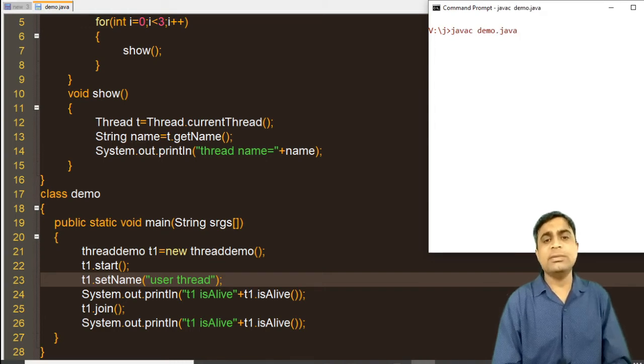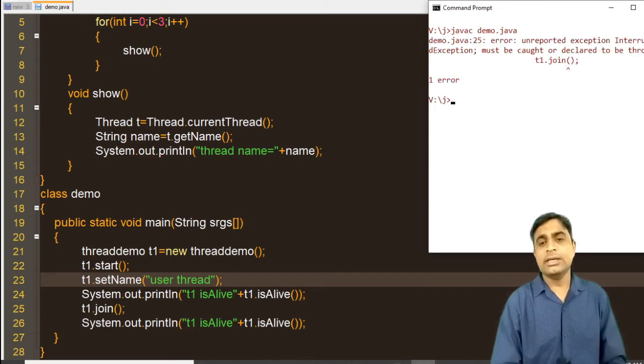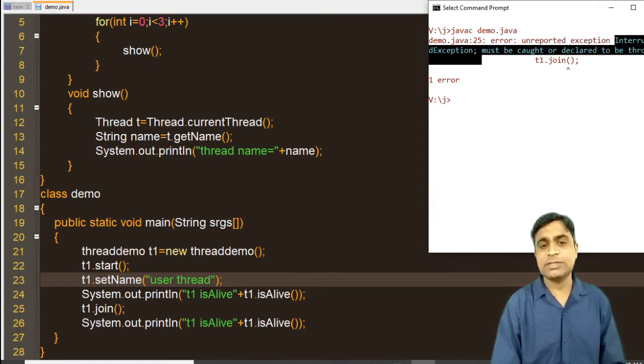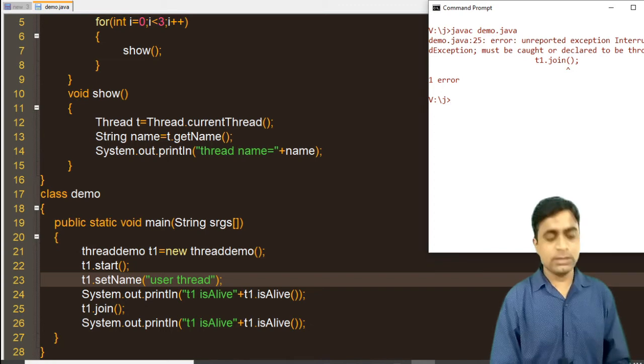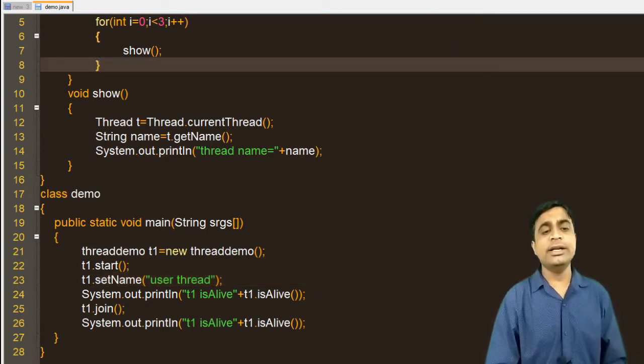Here one error will be generated. The unreported exception, InterruptedException. What is the message? InterruptedException, we have not handled it, and I have already told you that there are some types of exceptions we need to handle, because they will generate a compile time error.